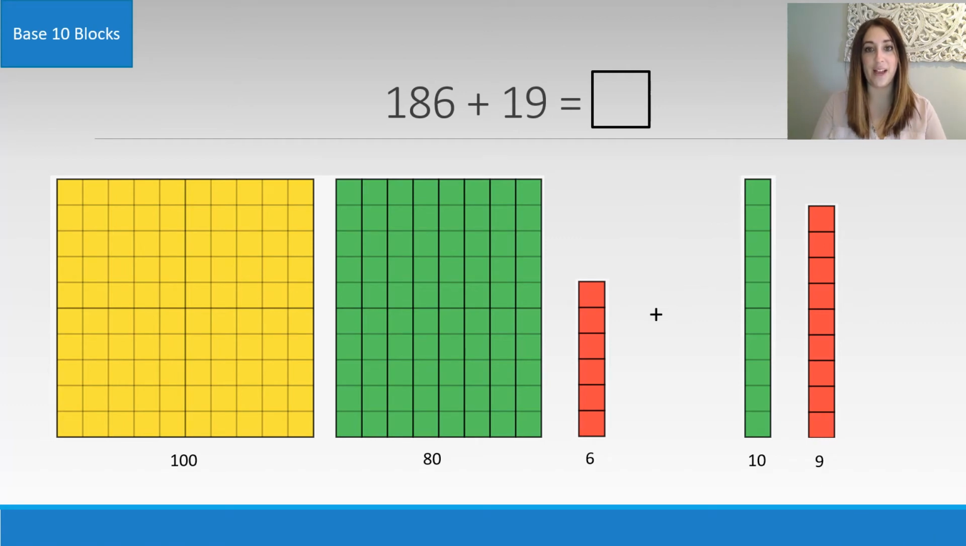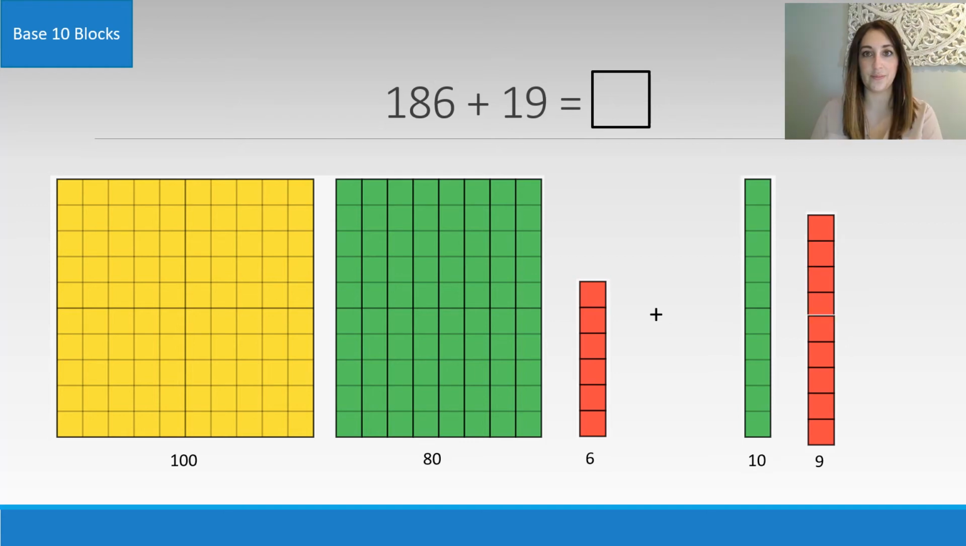Another way that I could have solved this problem is through using manipulatives. There are many virtual manipulatives available for free, such as the mathlearningcenter.org. I started by demonstrating this equation visually. 186 is made up of 1 100, 8 tens, and 6 ones. That is what you can see on the left-hand side of my screen. 19 is made up of 1 10 and 9 ones, and this is what you see on the right-hand side